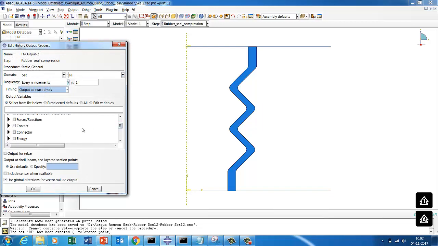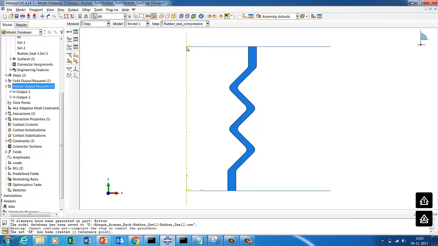We'll select, and then we'll say we want reaction force 2, and the other thing we want is displacement. So displacement also we want 2. So we are asking for output to get a reaction force and displacement, so you can plot what is the stiffness of the rubber seal. So we've done everything. We'll save the file